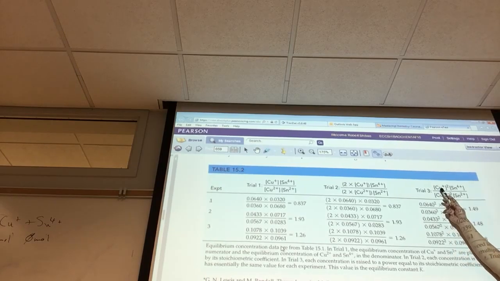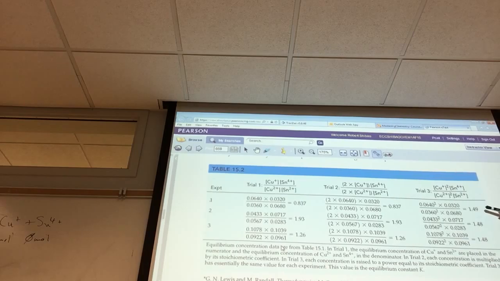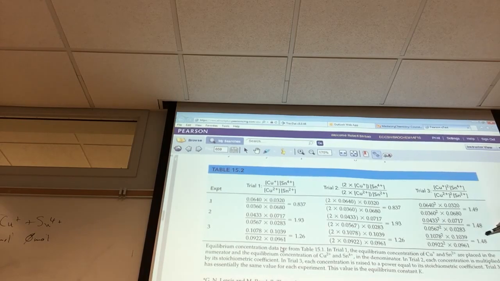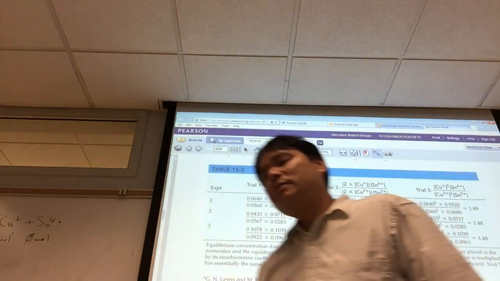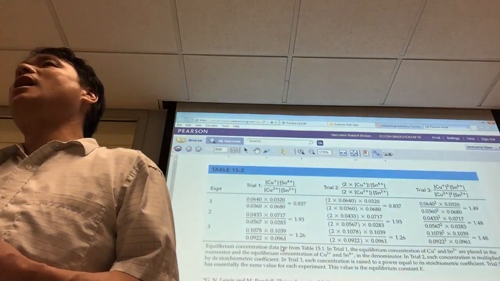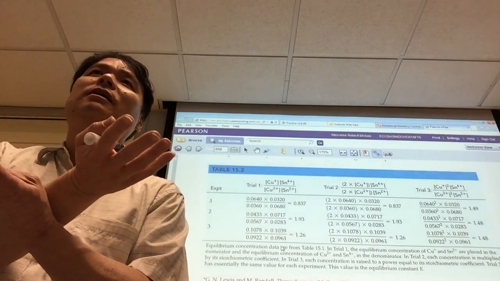But what if we square the concentrations? If we square the concentrations, do you see something happen here? All three experiments give us roughly 148, the same ratio. All right, now this is part of the scientific method. The scientific method is this. We take observations, we look for a pattern, and then we come up with a